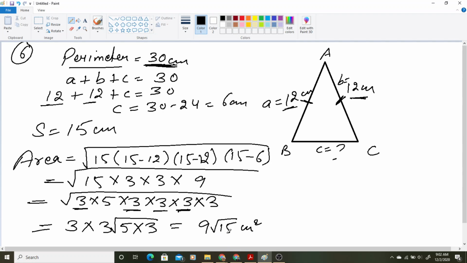This is the answer we are getting, 9 under root 15, but you need to find the value of under root 15 also, up to 2 decimal places. I told you how to find up to 2 decimal places, right? So you will take 15, then put a decimal point here. After the decimal take 4 zeros, because when you put the decimal you get zeros in pairs. So just go 3 3 is 9, because if I take 4 4 it will be 16. That means it will be more than 15.